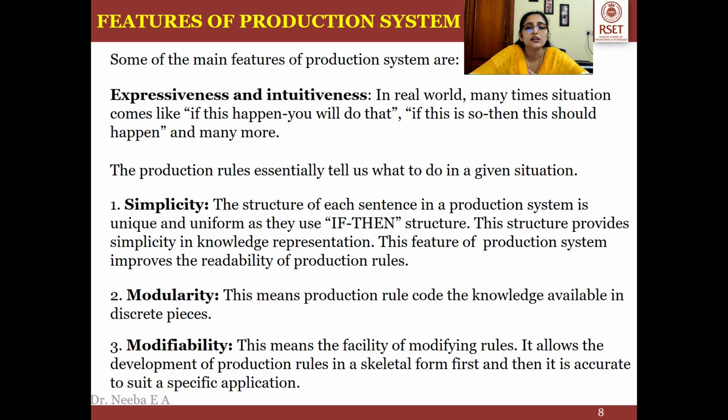What is simplicity? Simplicity is the structure of each sentence. Okay, it has to be in a uniform and unique way. That is, if we are using the if-then structure, this structure provides a simplified knowledge representation which helps us understand the conditions. Modularity. This means production rules code the knowledge available in discrete pieces. Modifiability. This means the facility of modifying rules. It allows development of production rules in a skeletal form first, and then it is refined to suit a specific